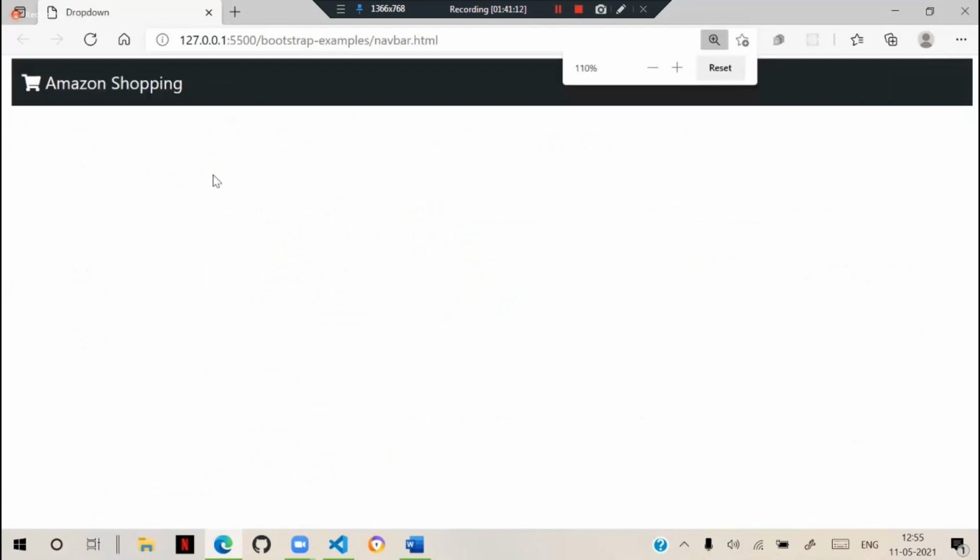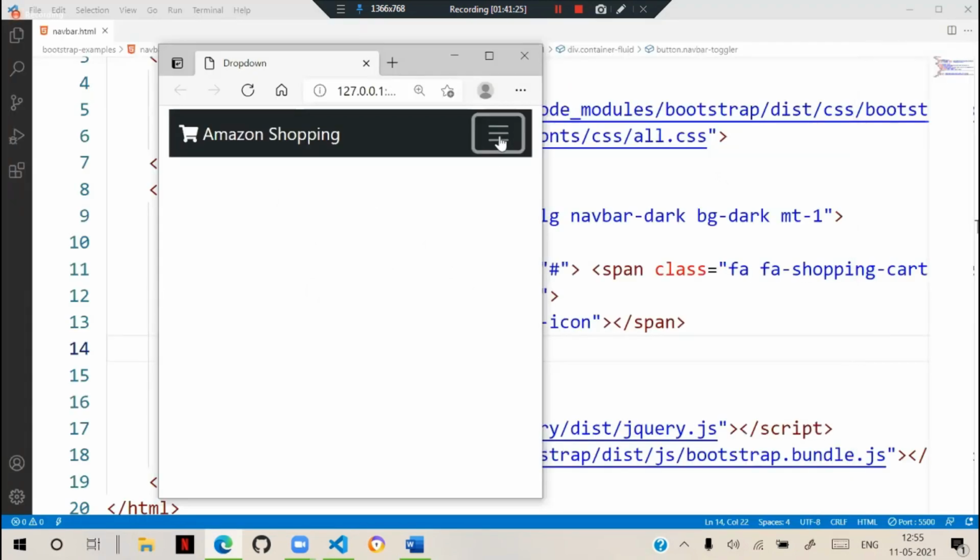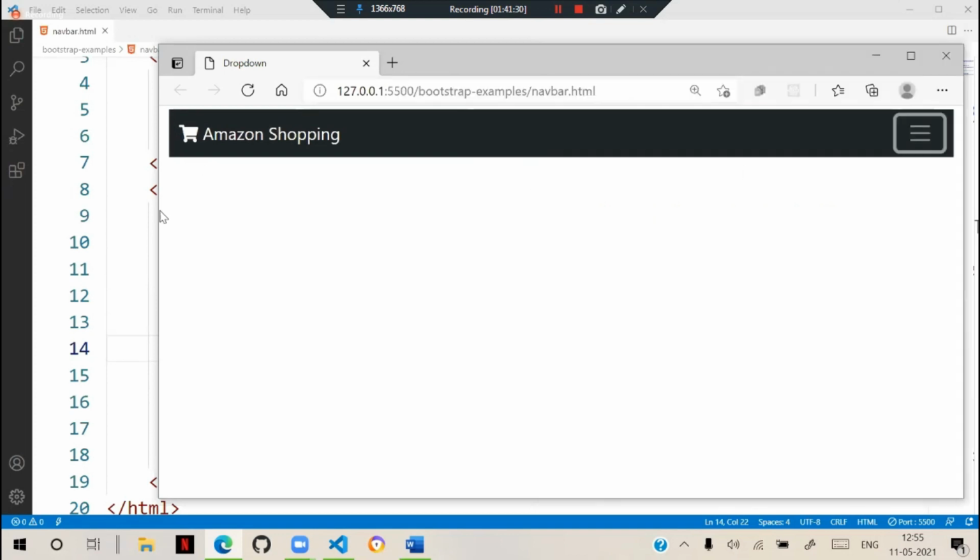You see, when I change the zoom, that button will not be there. When I adjust the screen width, then automatically that toggler button will come. This button will appear and disappear automatically as you adjust the width. You adjust the width, you see that button will come.